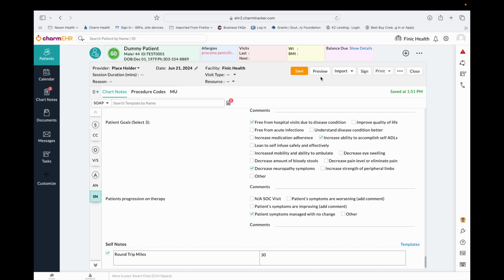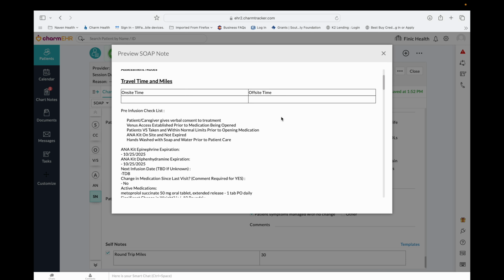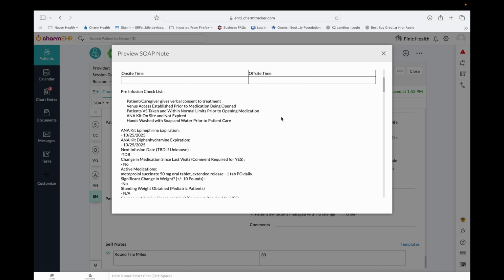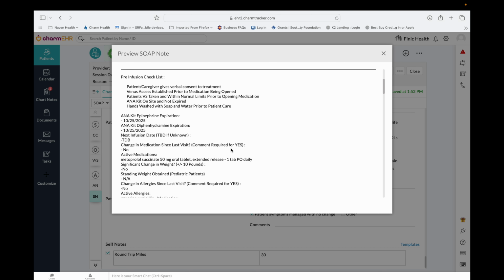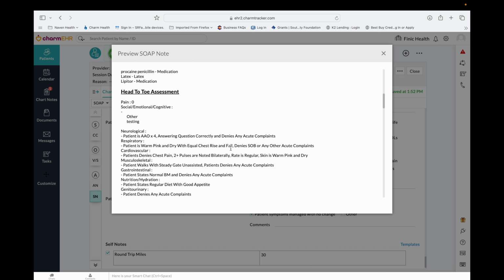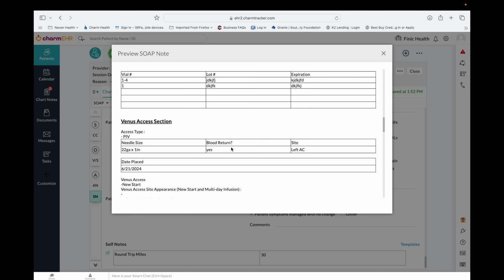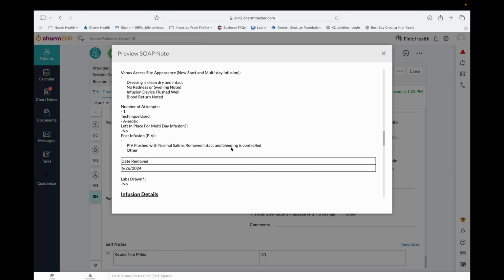You will also notice at the top here, there's a preview button. Once your charting is complete and you want to review your charting, you can go ahead and hit preview. Preview will bring up essentially a printout of what that chart will look like when we send it to the pharmacy. This section just makes it much easier to review your chart and make sure that everything is accurate and that you did not skip or are missing anything within your chart. So once you scroll through your chart and make sure that everything is accurate in the way that you want it,